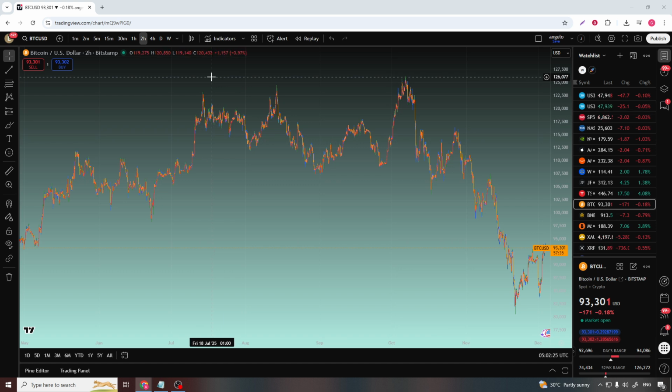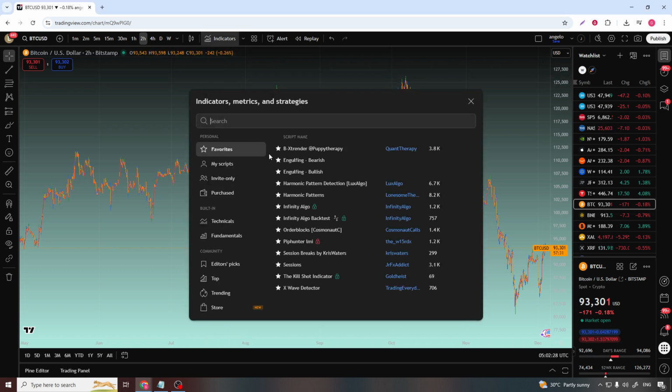Once your chart is on the screen, look toward the top of the interface for the Indicators button. This is usually located along the top toolbar, near where you change your timeframes and chart types. Go ahead and click on Indicators. This opens up the main Indicators and Strategies panel, where you'll be able to search for and add the Progressive